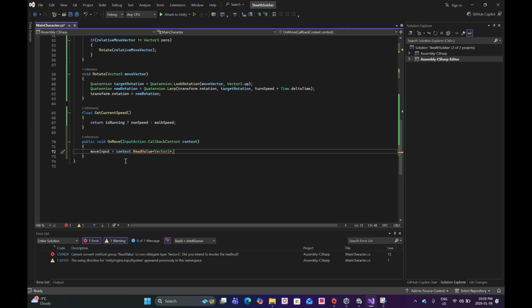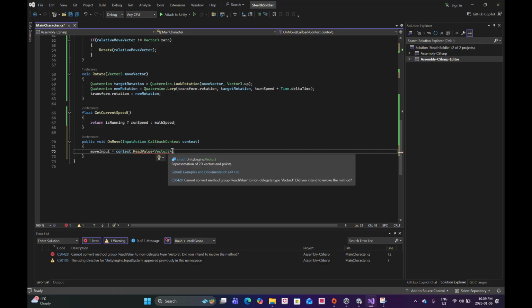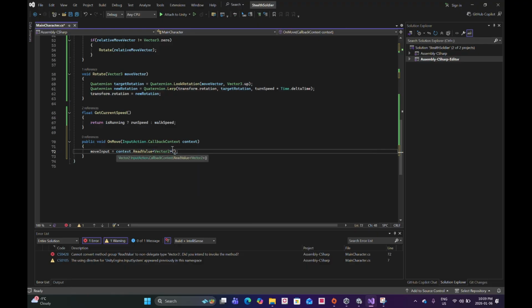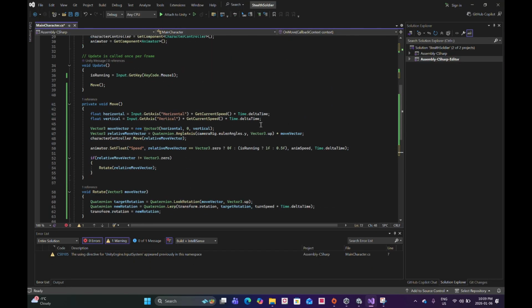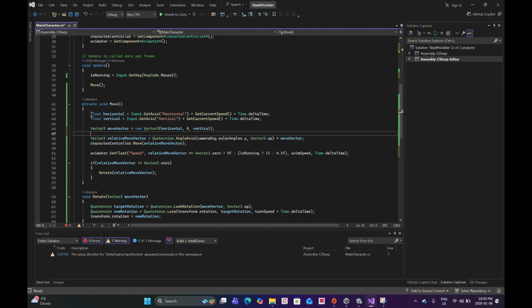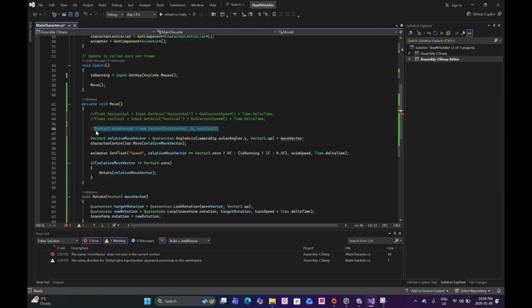So I forgot to put... So this is going to replace these 3 lines. So this is the old input system. I'm taking these horizontal and vertical and feeding it into here. But instead, what I'm going to do is